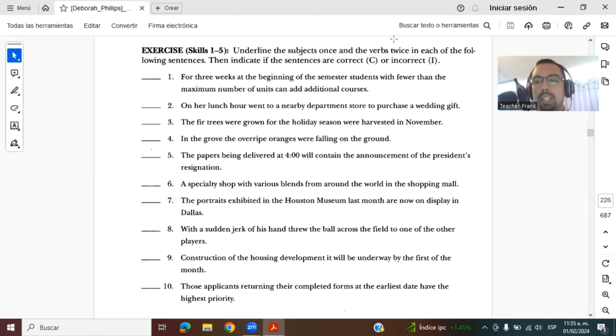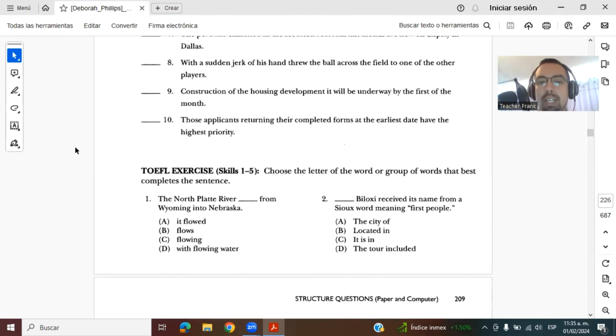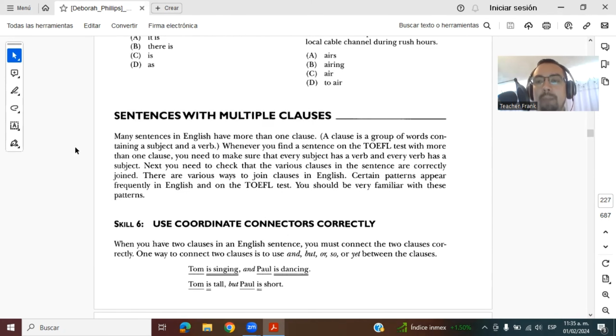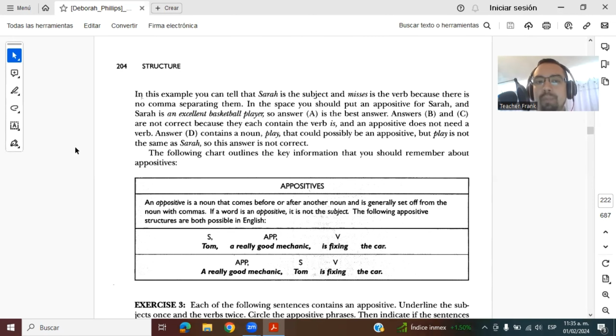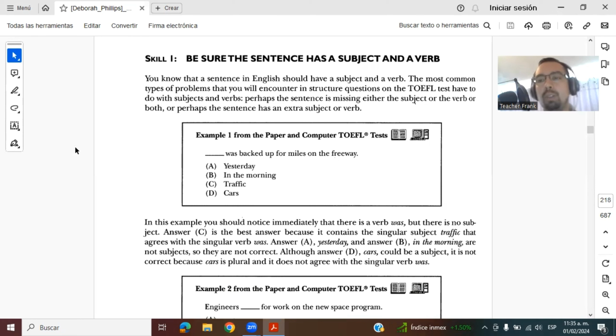Okay, before we continue with skill number 6, we're going to do a little review of skills 1 to 5. So we're going to do this exercise right here that you see on the screen, and also a TOEFL exercise, which is also 10 exercises before we go on to skill 6. Now, in order to do this, we have to review the skills. And this is very good because TOEFL does this, right? Every couple of skills, TOEFL says, okay, let's review everything, right? And the reviews are always good. They're like the tests because they help you remember and refresh and really learn, really consolidate the information that we